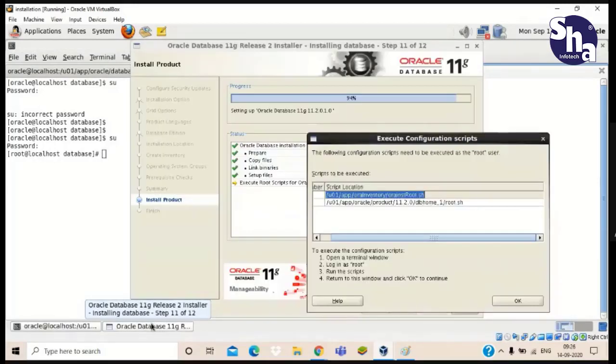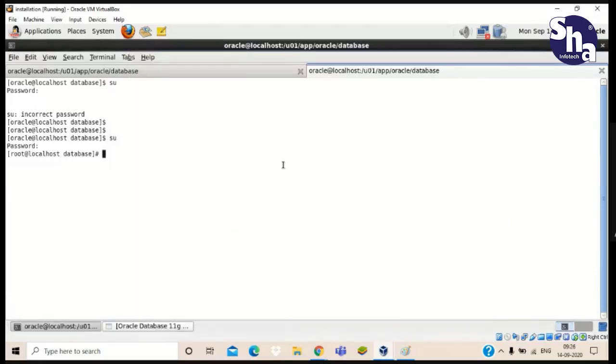Just copy it here. /u01/app/oraInventory, then orainstRoot.sh.